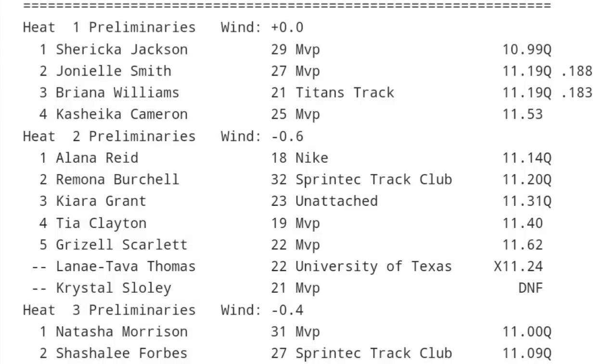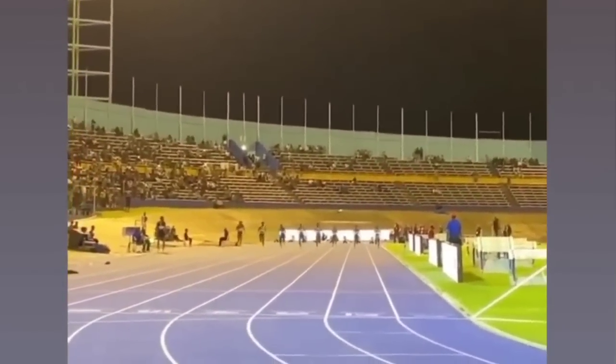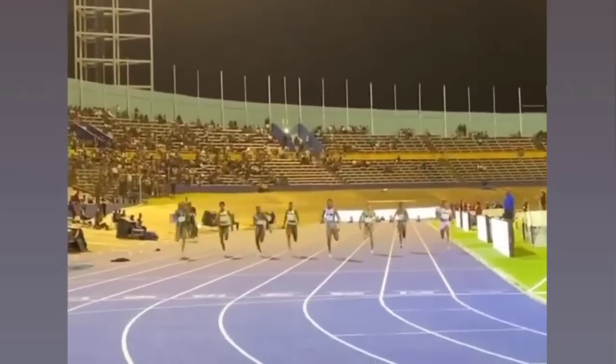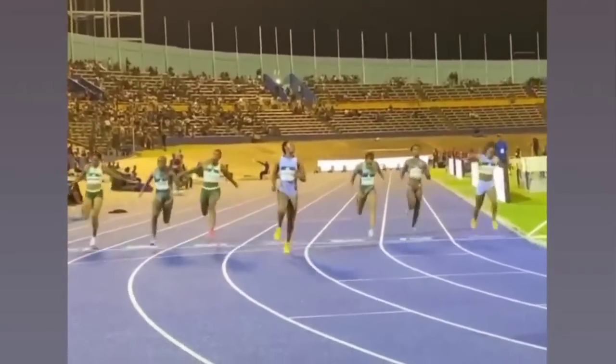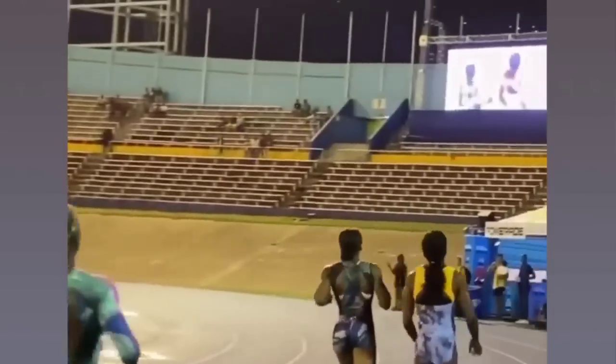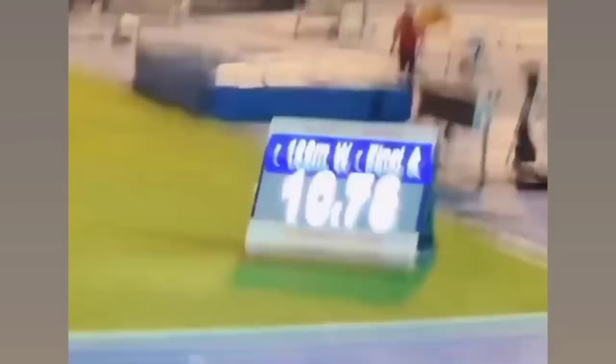Again, we can't show you the race. As soon as we were able to show you the race, we will show you the race. Look, people, I don't want to step on the good graces and the graciousness of TVJ, but so we're showing you a little bit of our race, the end of our race at Racers Grand Prix, and it was kind of similar. Jackson was in complete command of this race, looked very, very relaxed, technically very proficient, and what was